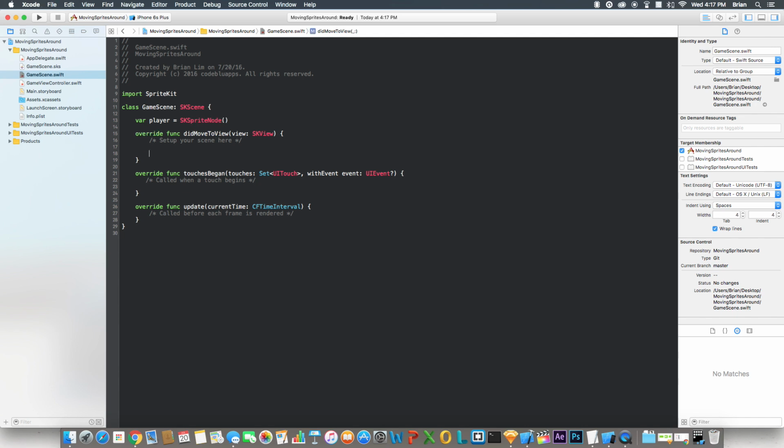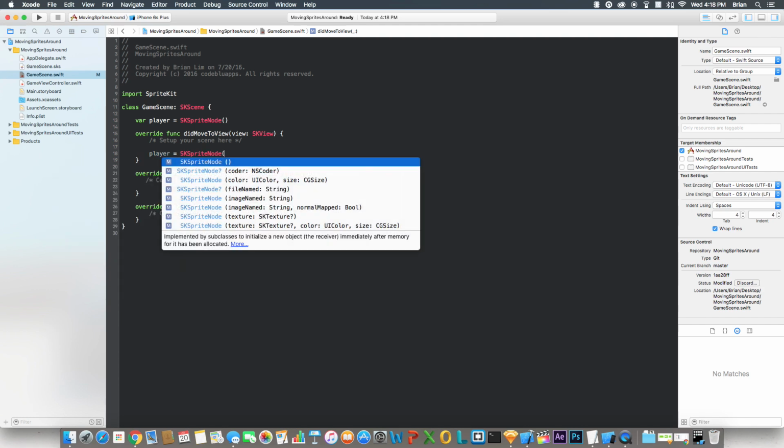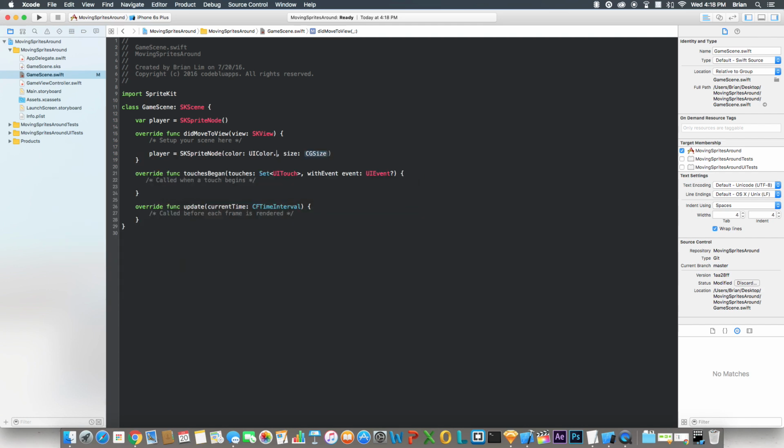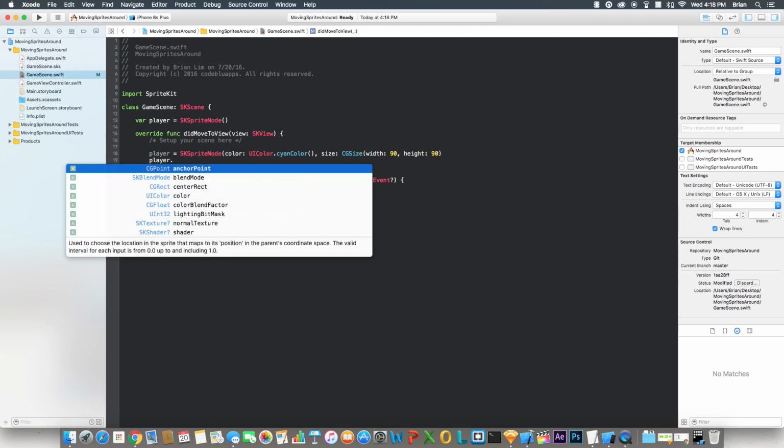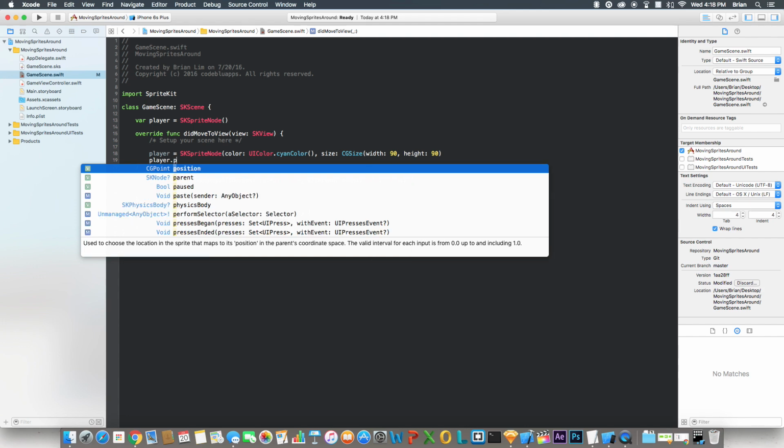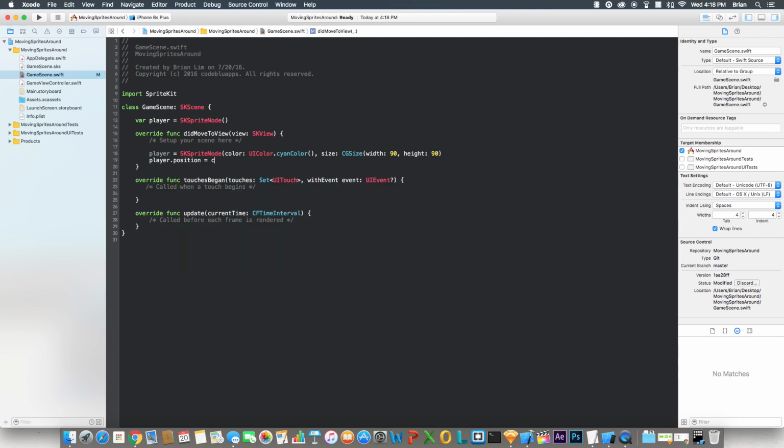And then in didMove(to view), I'm going to set this player up. Say player equal to SKSpriteNode. Color, I'm going to set to be a cyan color. You choose whatever color you want. I'm going to set the size to be 90 by 90. And set player dot position. Position will be